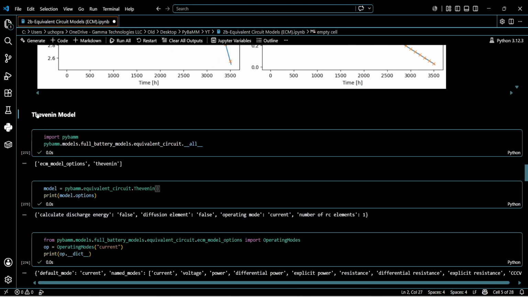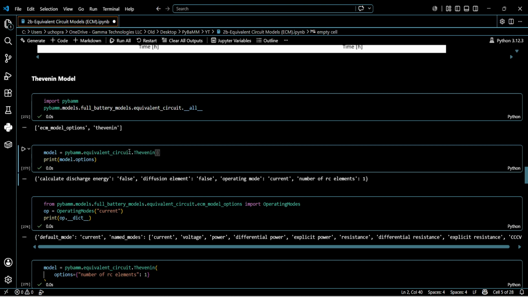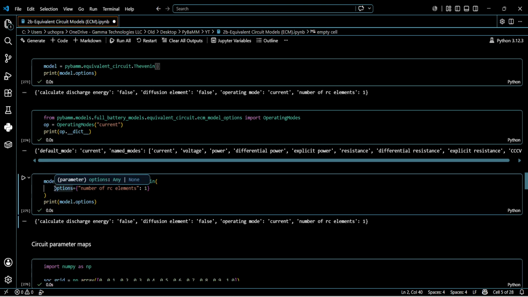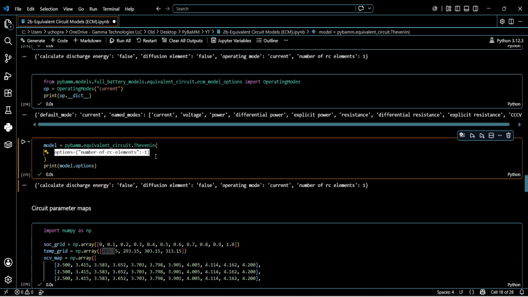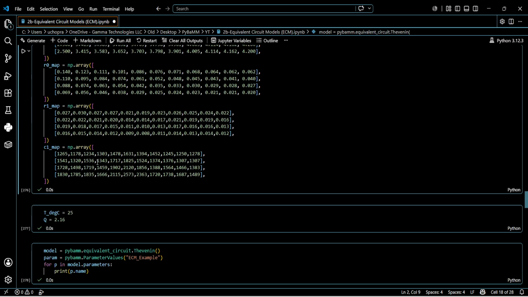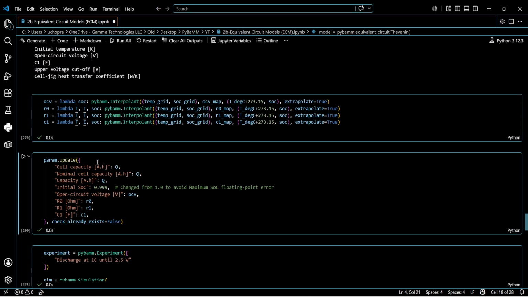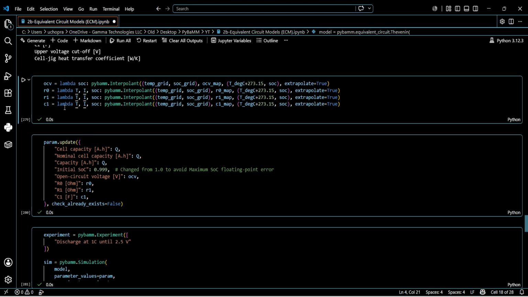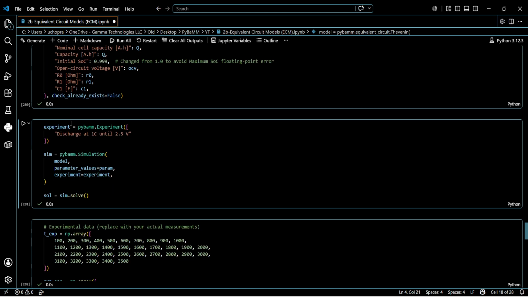On the other hand, the Thevenin model is an existing option available in PyBaMM, so it can be accessed from the equivalent circuit library. And the Thevenin model can have multiple RC branches, which can be defined with the options. You can define the maps, use a lambda function to easily interpolate, then finally update the parameters, define the experiment,